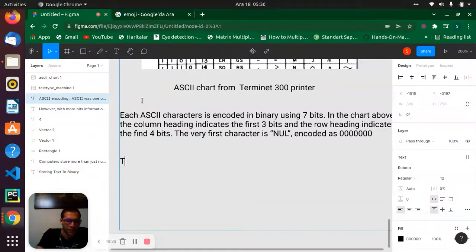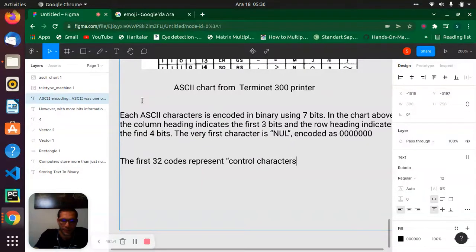Let's say the first 32 codes represent control characters.